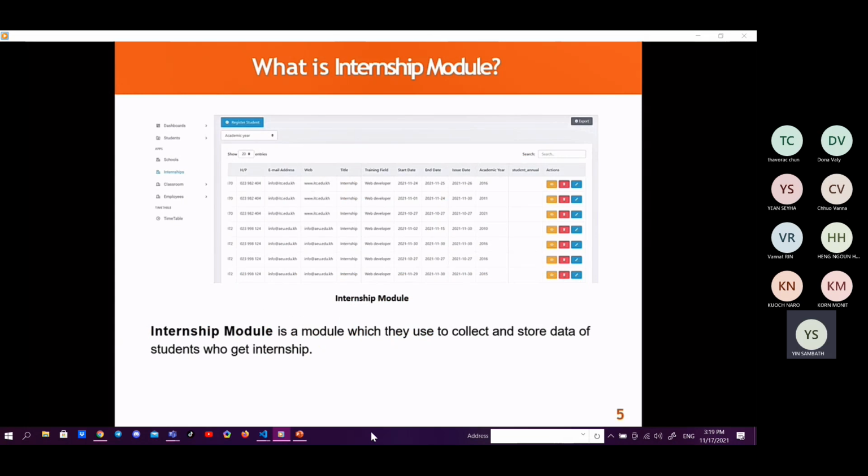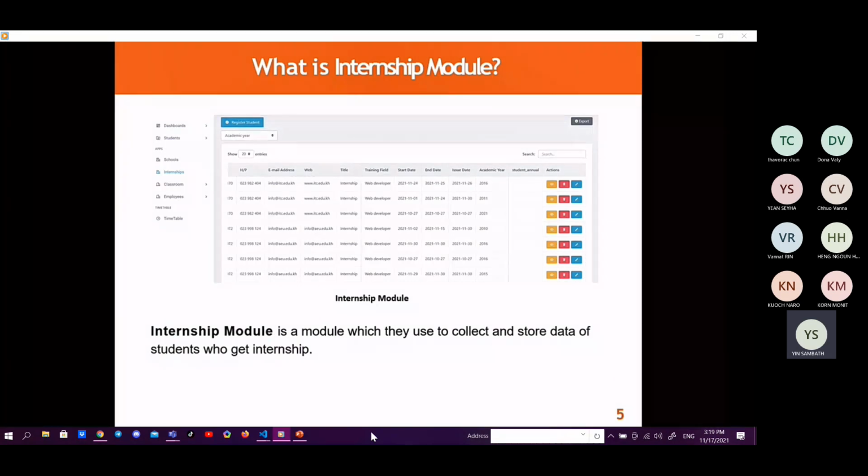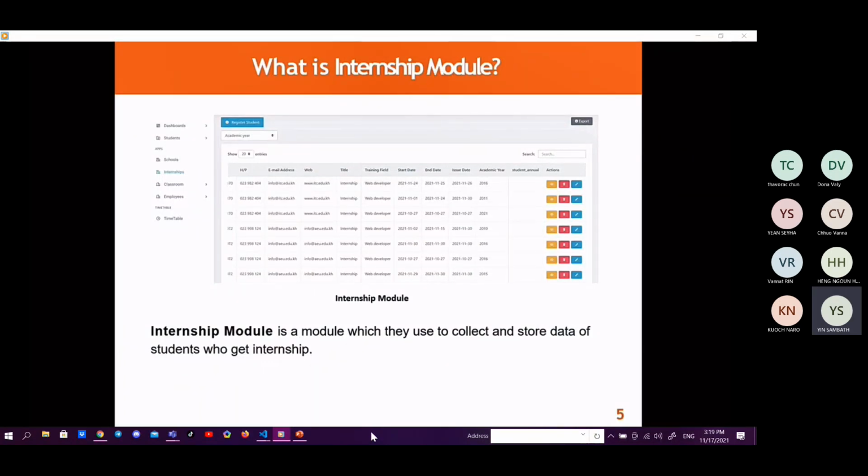What is the internship module? The internship module is a submodule of the school management information system in ITC. This module is utilized for collecting internship information of all students in every department at ITC. We also facilitate the administration process for both students and the staff at the study office.